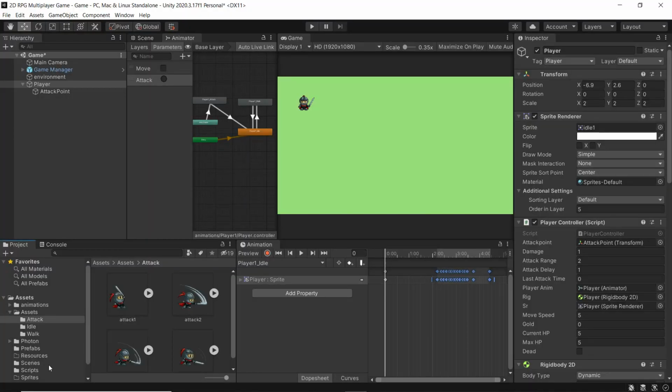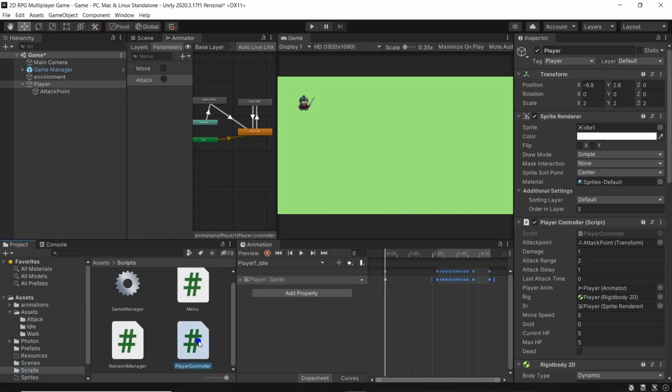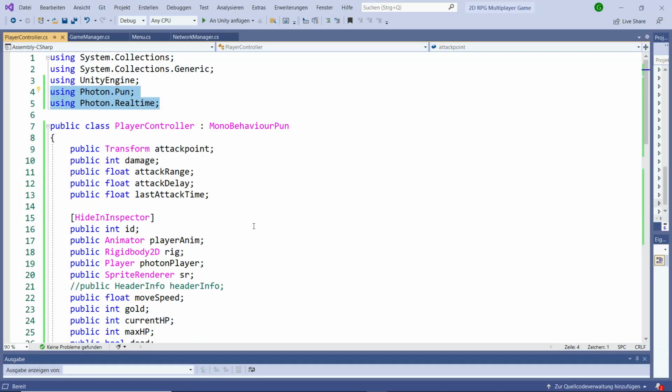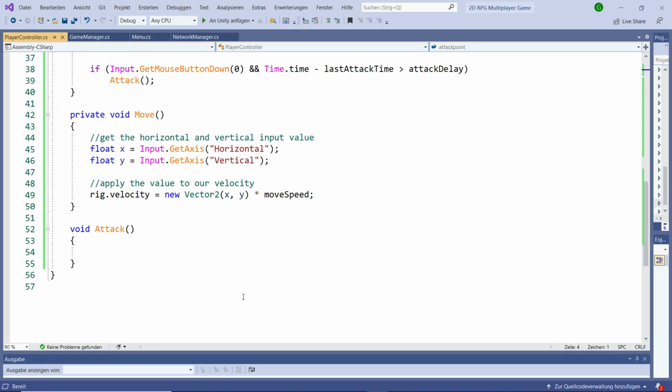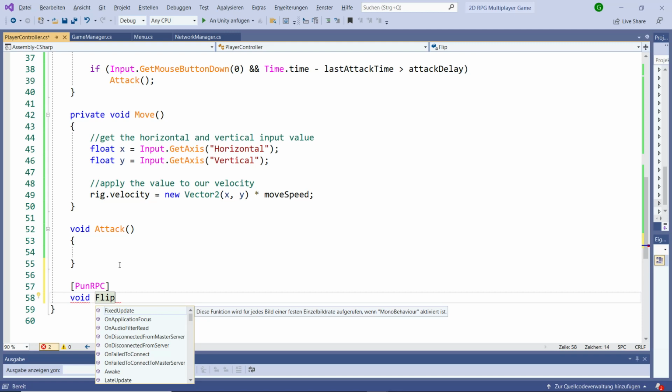So guys, now let's go back to our player controller script. So we need the two functions here, first for flipping to the right and flipping to the left. So here I'm going to use PunRPC, then void FlipRight,